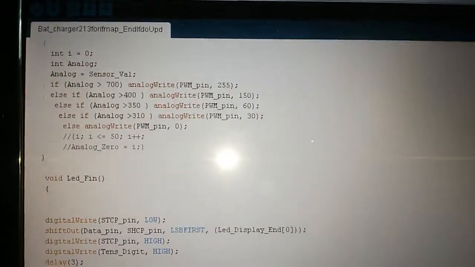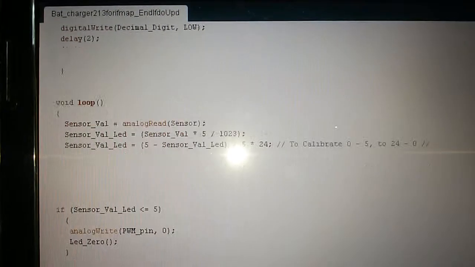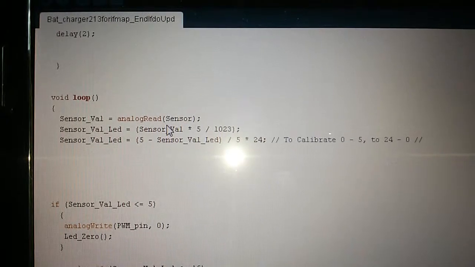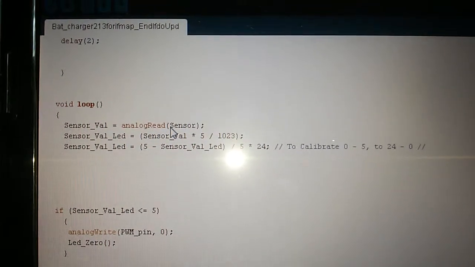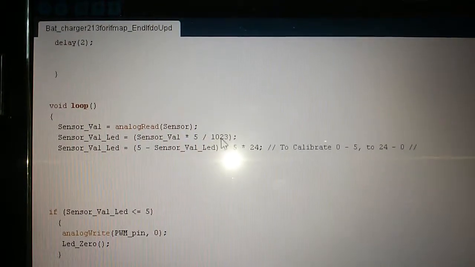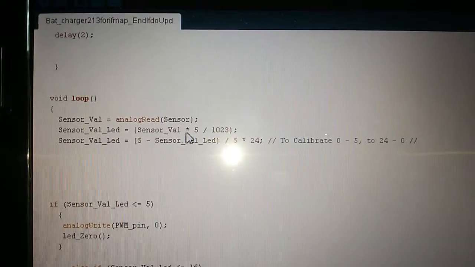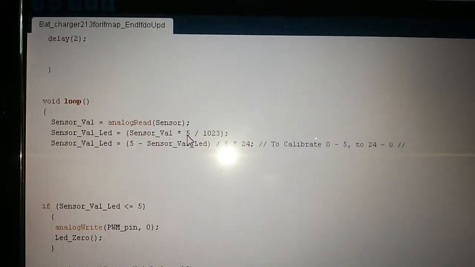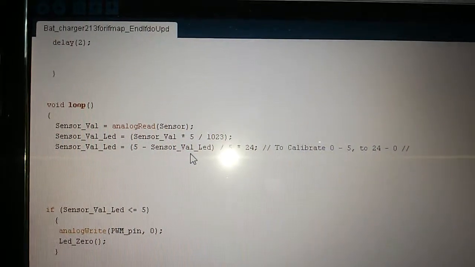Okay, let's go to the main loop. Okay, this is the main loop. So it reads the variable of the analog input and it's stored in the sensor val. So sensor val, this is the 10-bit analog to digital converter, and this will be converted into 0 to 5 volts. And then here, from 0 to 5 volts,